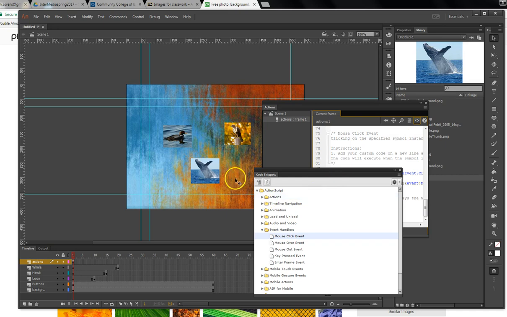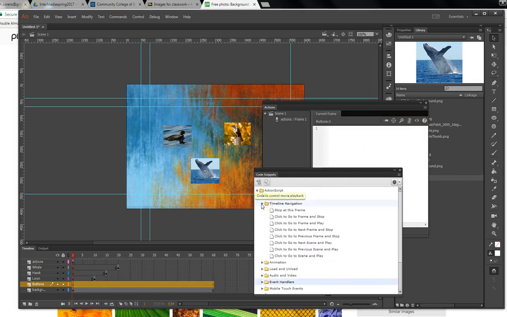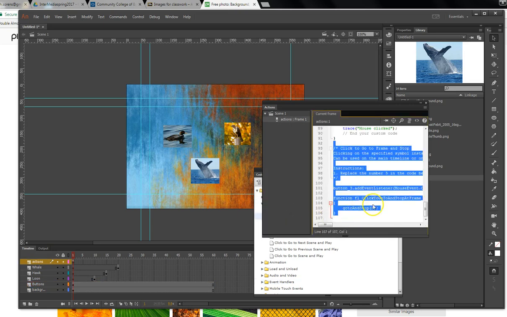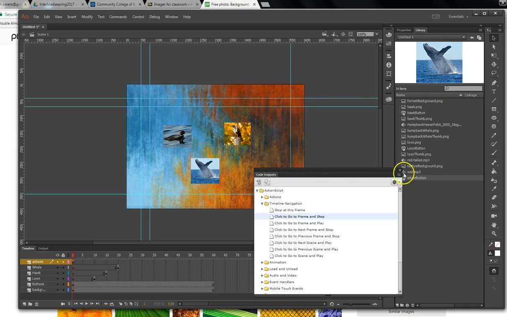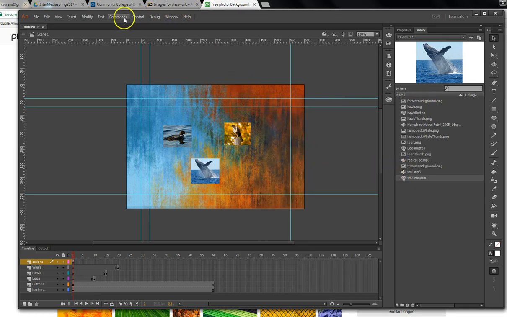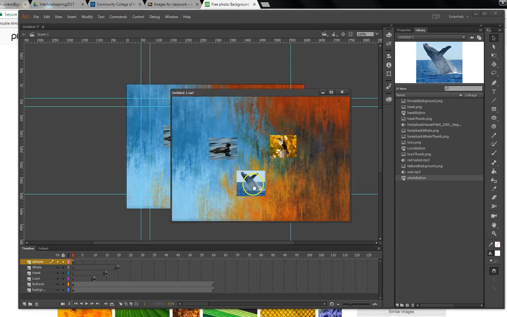Come to the bottom, unhighlighted, and then let's continue on the bottom. Go back to snippets, click my whale, and let's tell it where to go now. So timeline navigation, let's click to go to frame and stop. So double click, and let's change this. We moved this one to 20, so let's change that to a 20. And come out of here, and let's go check that one. So we go to control test,